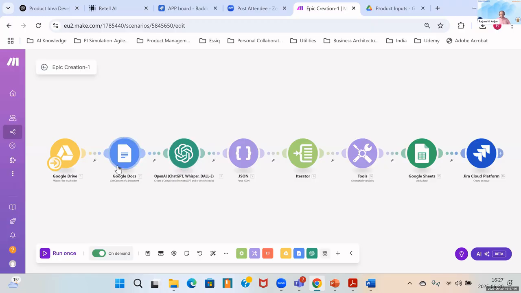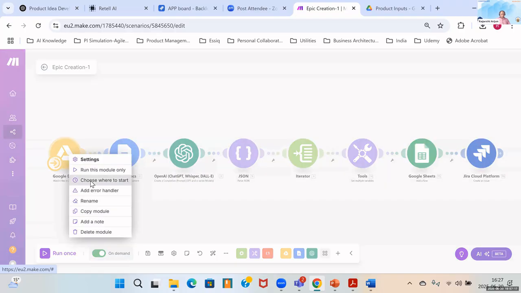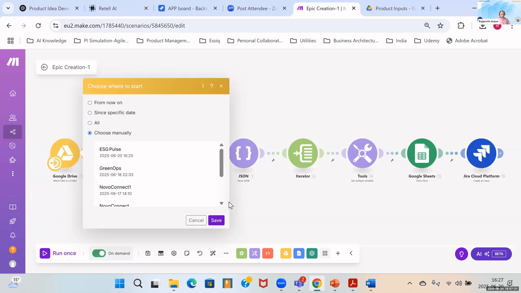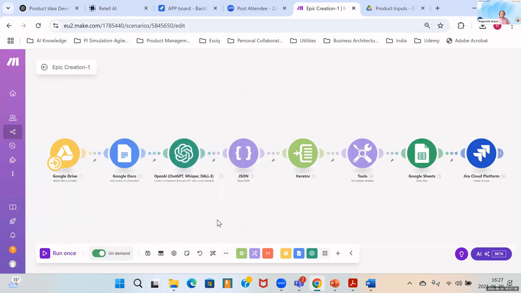It's going to create a bunch of epics for us. The epics would be in a JSON format. Then ultimately, it's going to get temporarily stored in a Google Sheet, and from here, it's going to get uploaded in my Jira ALM tool. So let's choose the file that we need. We took this file. Let me save it here, and then let me run it.